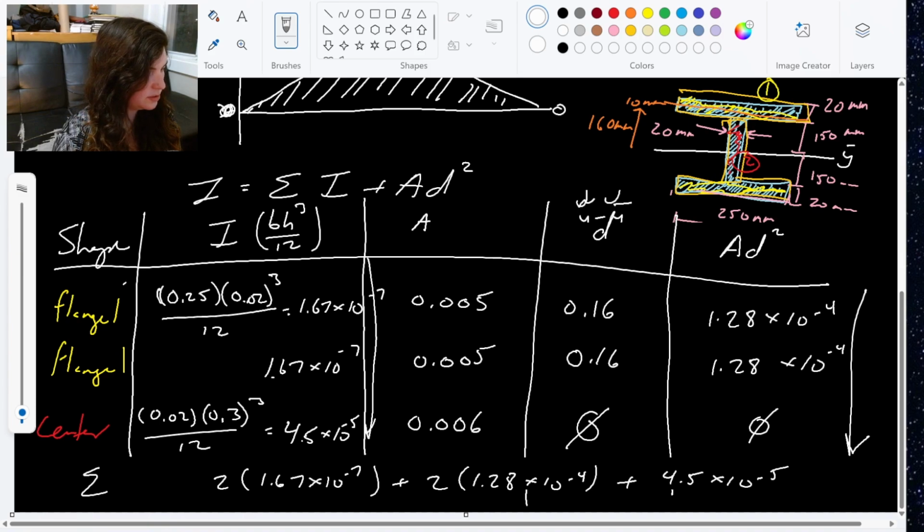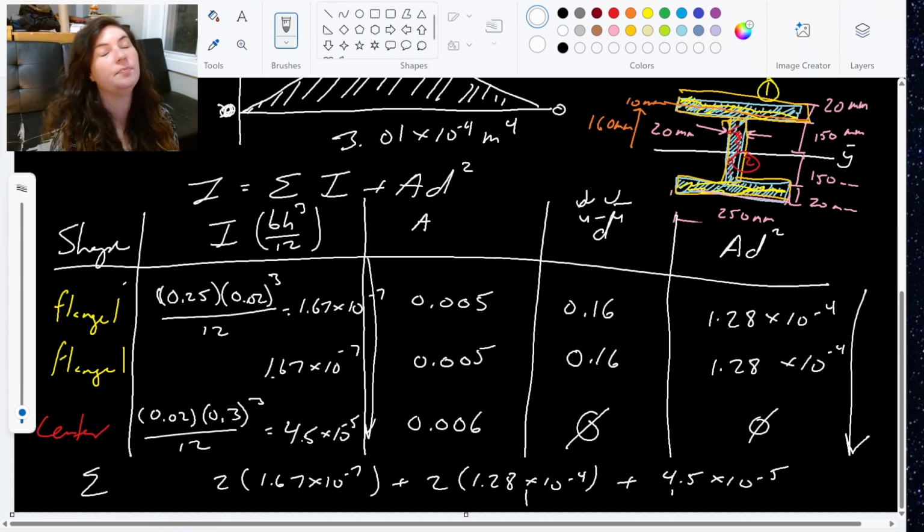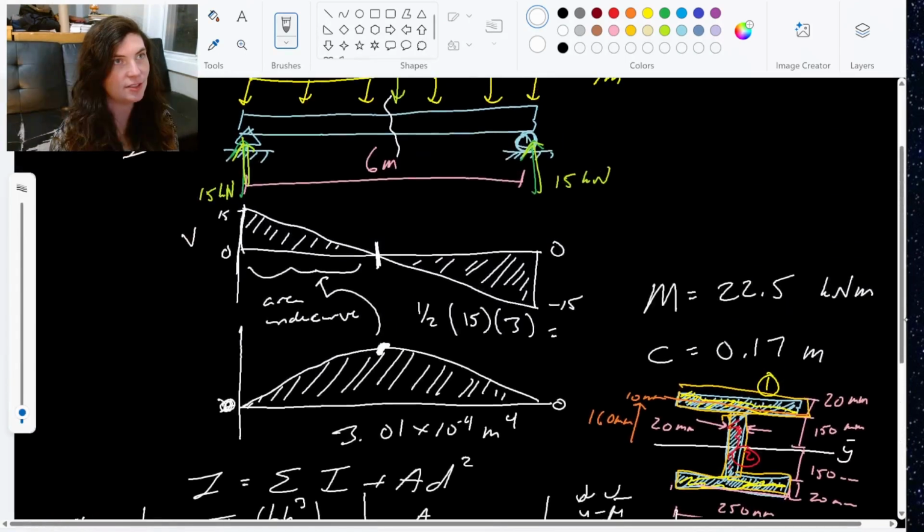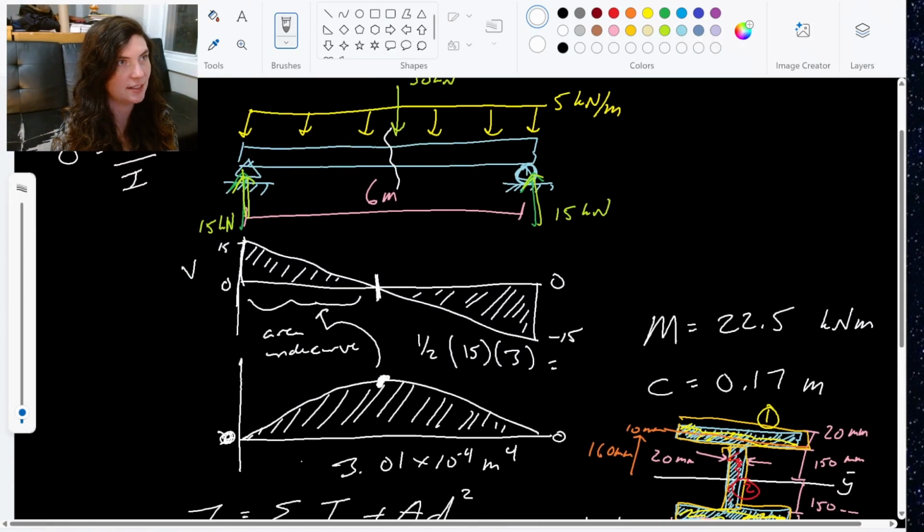which is going to be 3.01 times 10 to the negative 4th meters to the 4th. Whew, that was a lot of work to get that moment of inertia. But once we got there, now we just have to plug everything in, right? So this is our I value. So final step here,